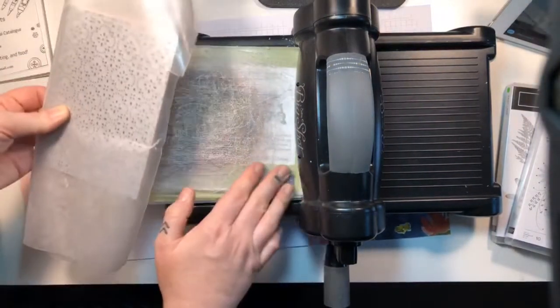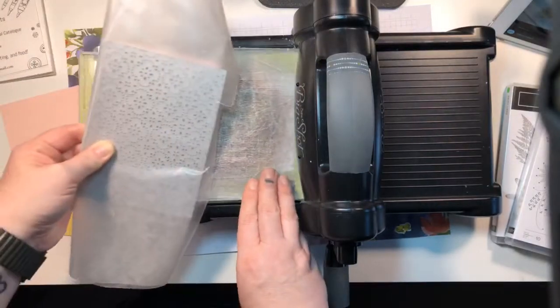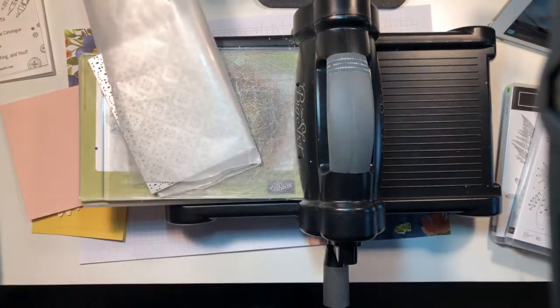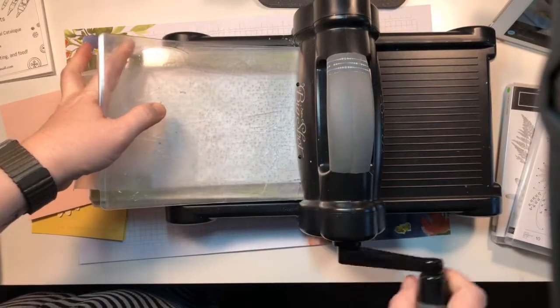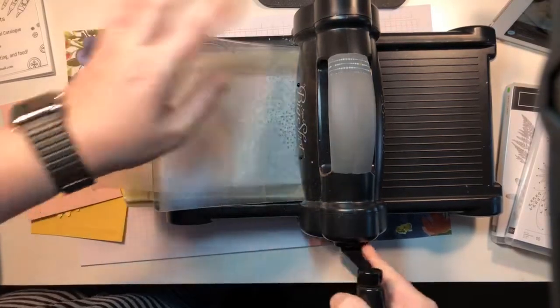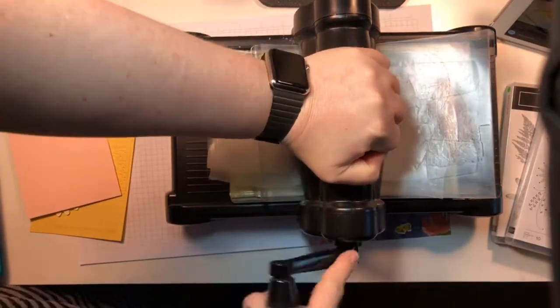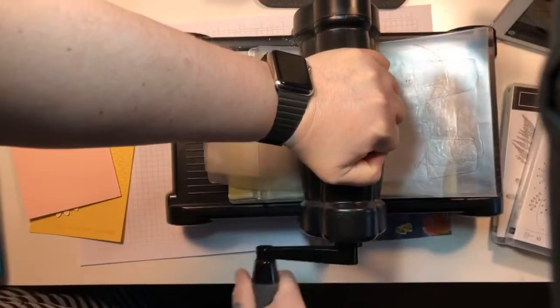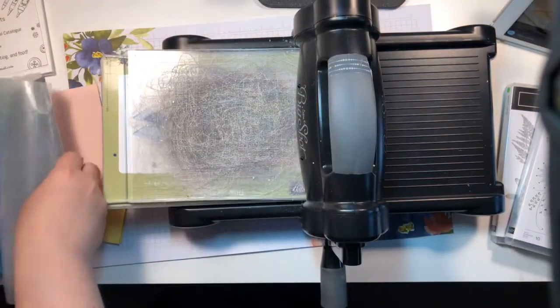Okay, so we have our regular Big Shot platform, thin die adapter. Mine has been chewed to pieces. Bottom plate. I'm just going to take off some of the excess. Pop that in there. Top plate, and we are going to run it through once and then back through. And I'm so sorry if this shakes the camera. Ugh. It's a thick one. Okay, and back through for good measure. Probably could do it a couple times, but